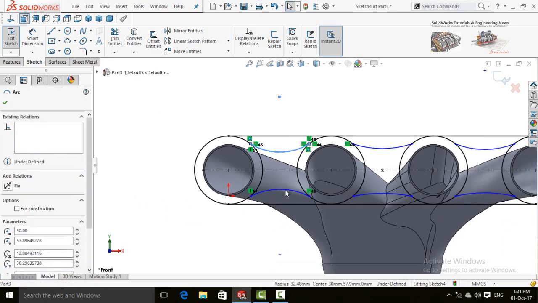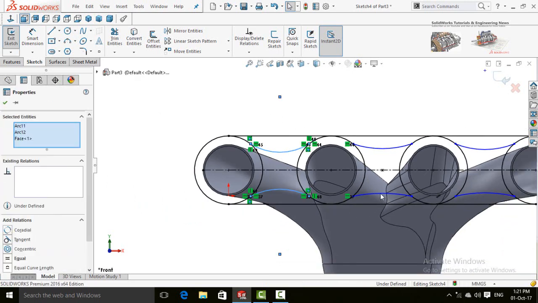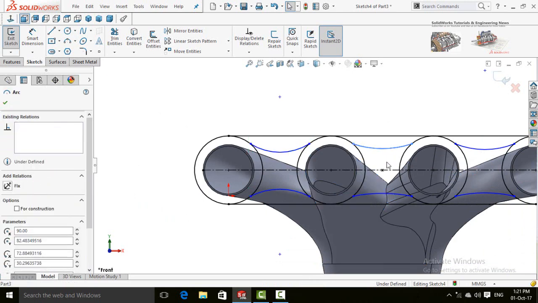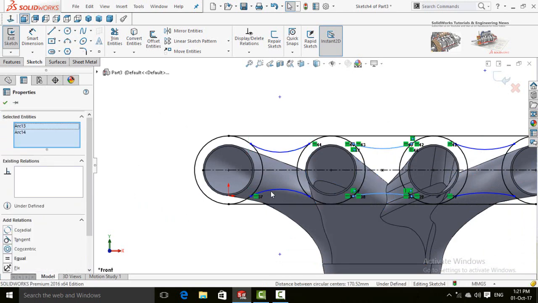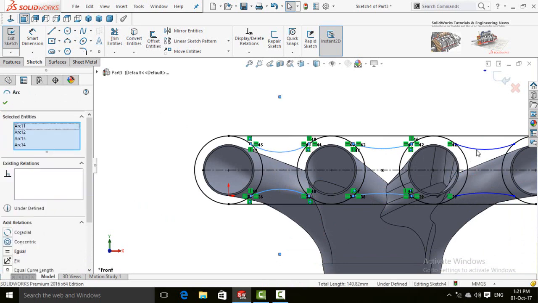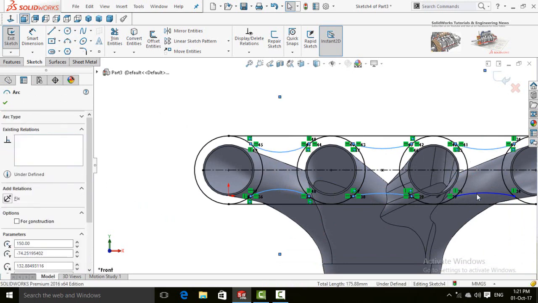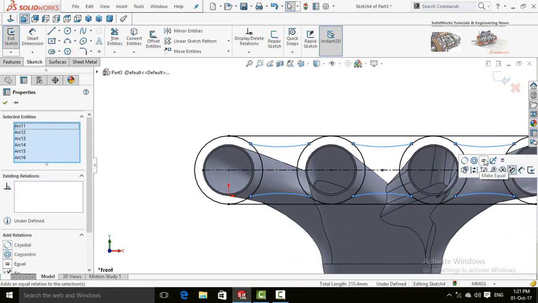Now select all the arcs one by one and make them equal.